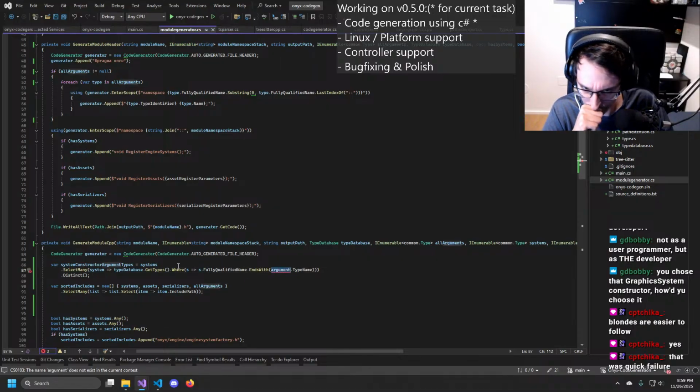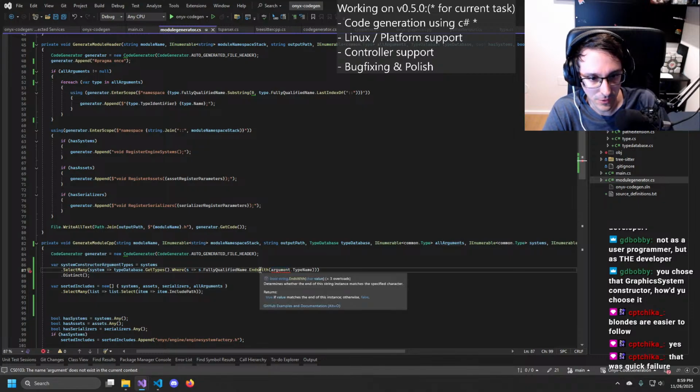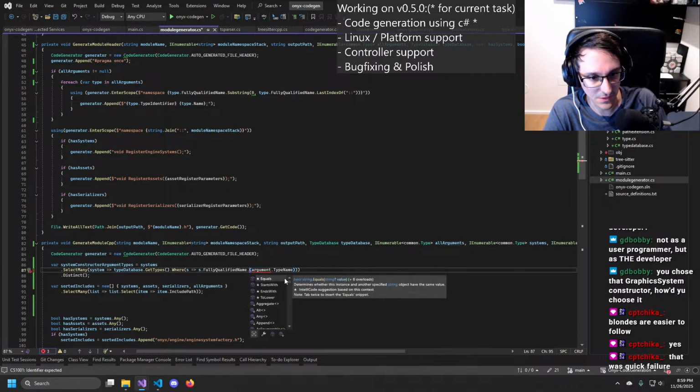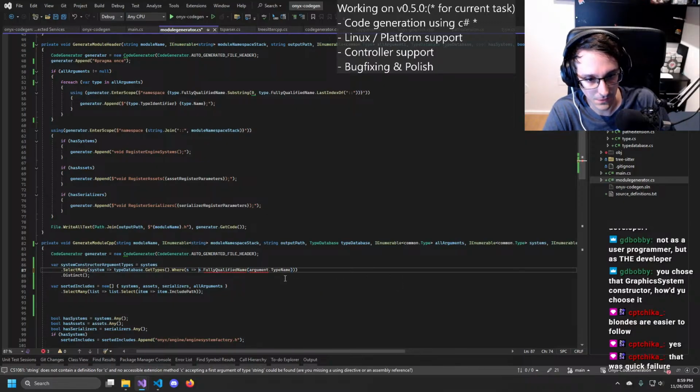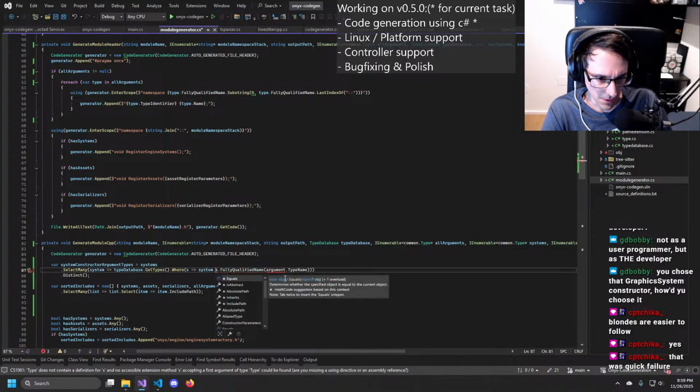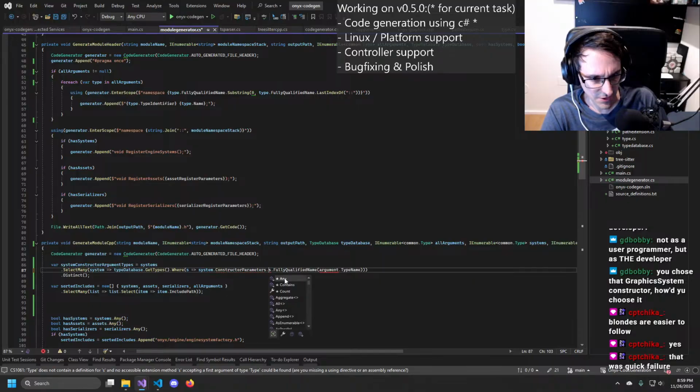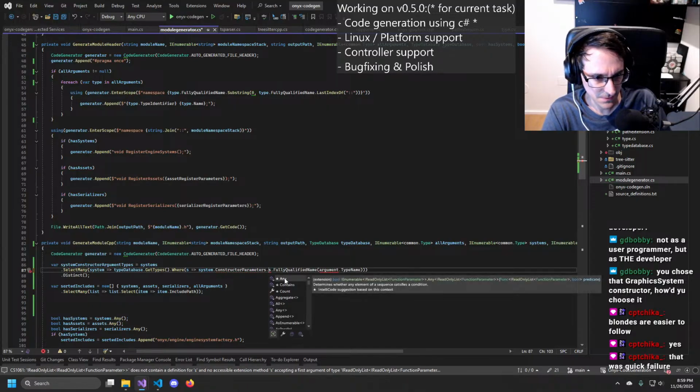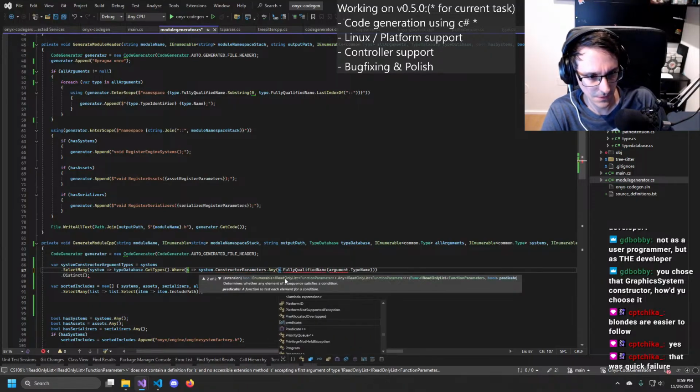And then we want to take every type where the fully qualified name is in our system dot constructor parameters any.